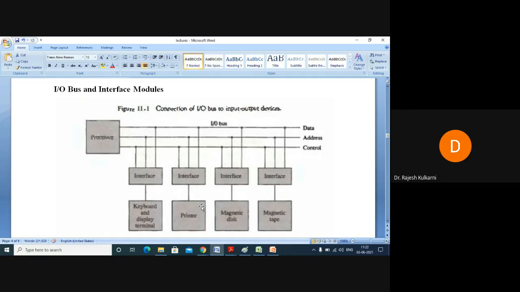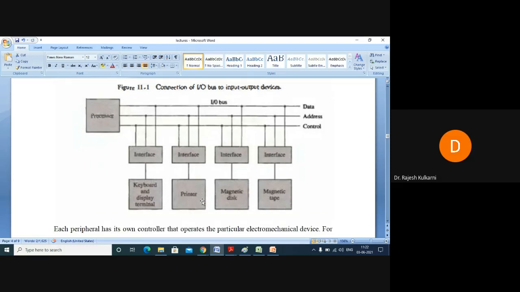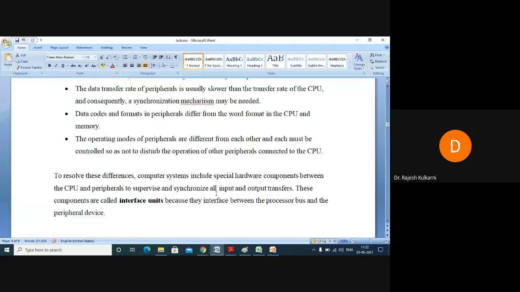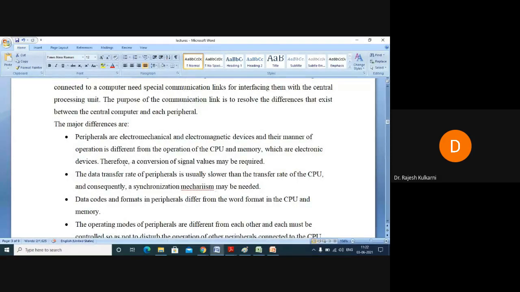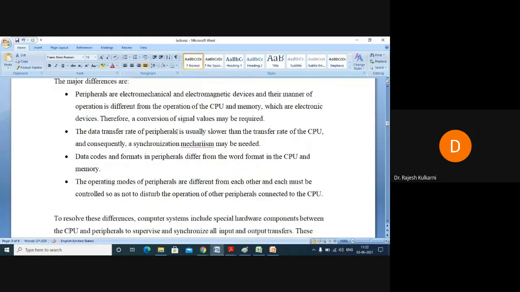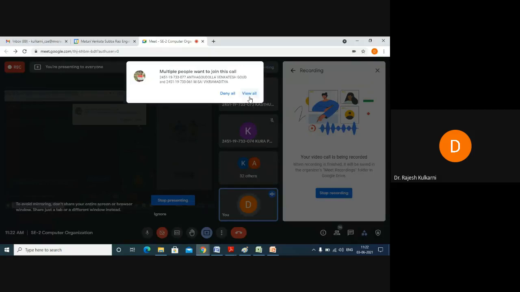And every peripheral device also has its own peripheral controller. For example, to control the printer, there may be a printer controller. So we also tried to highlight the difference between the peripheral device and CPU, saying that I had given my example. I want to run with the world's fastest runner like Usain Bolt. Then whatever are the differences, those differences have to be